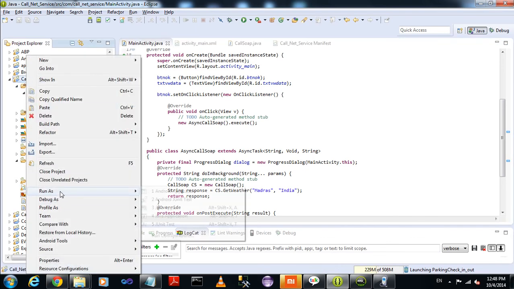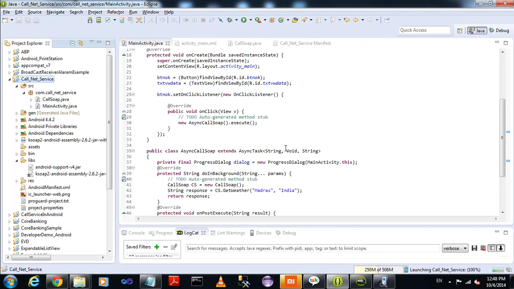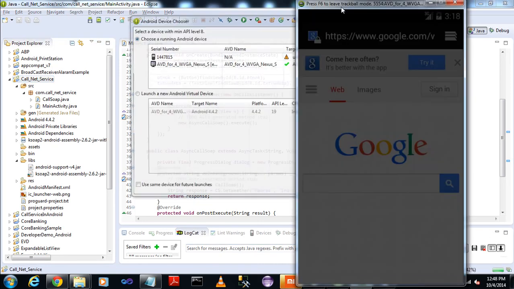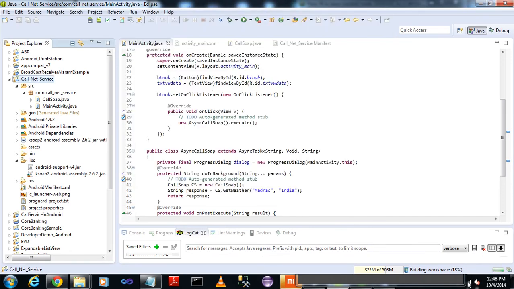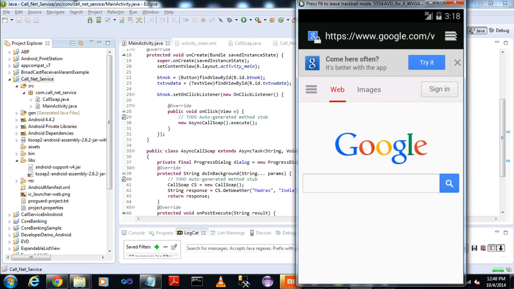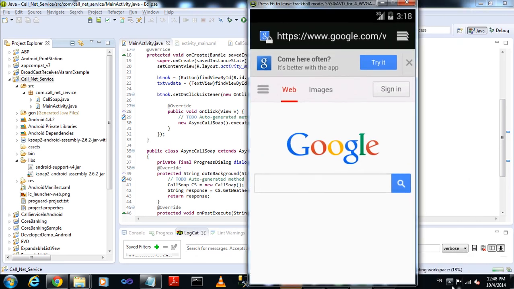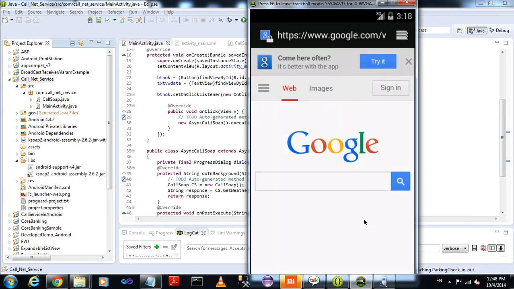Just right click on the project, run as Android application. This is my emulator. Just select the current emulator, the AVD. Select OK and wait for the output display, because Eclipse installs the APK file in the emulator.